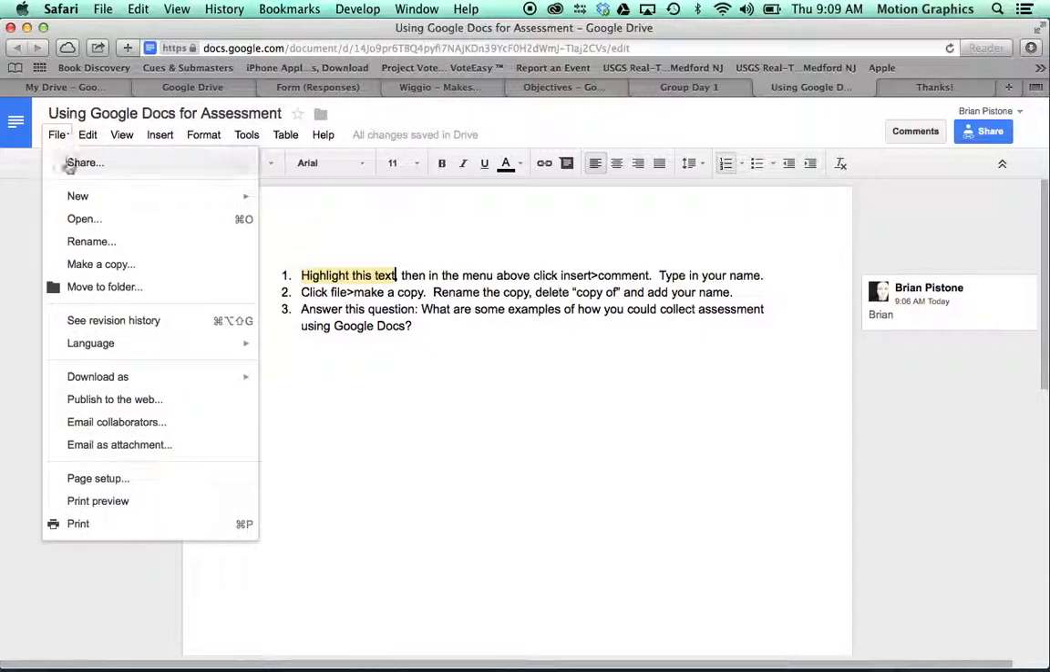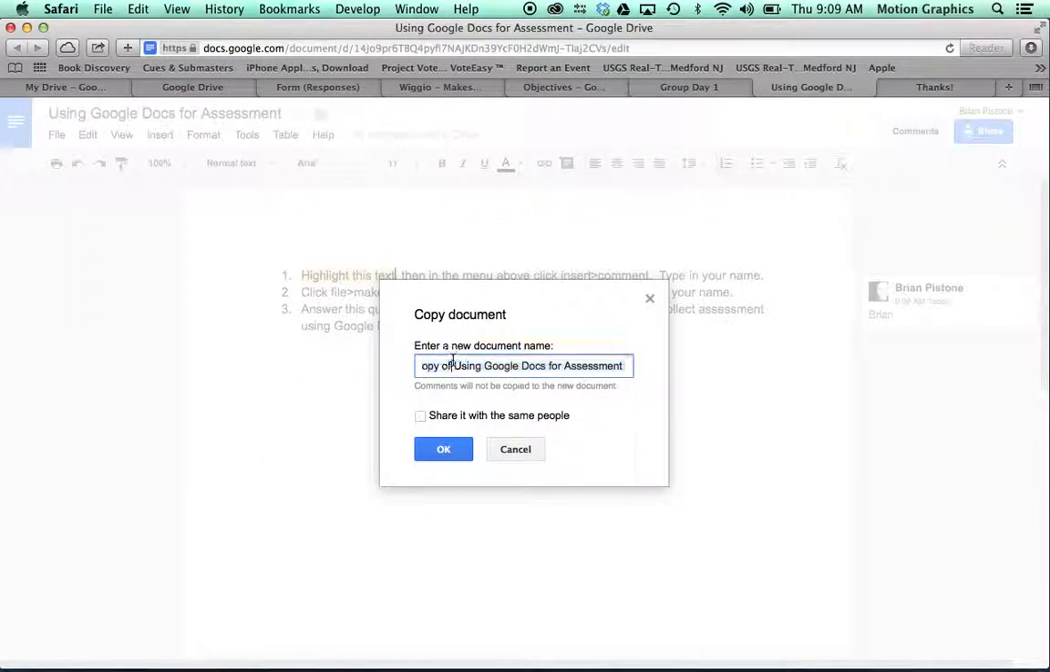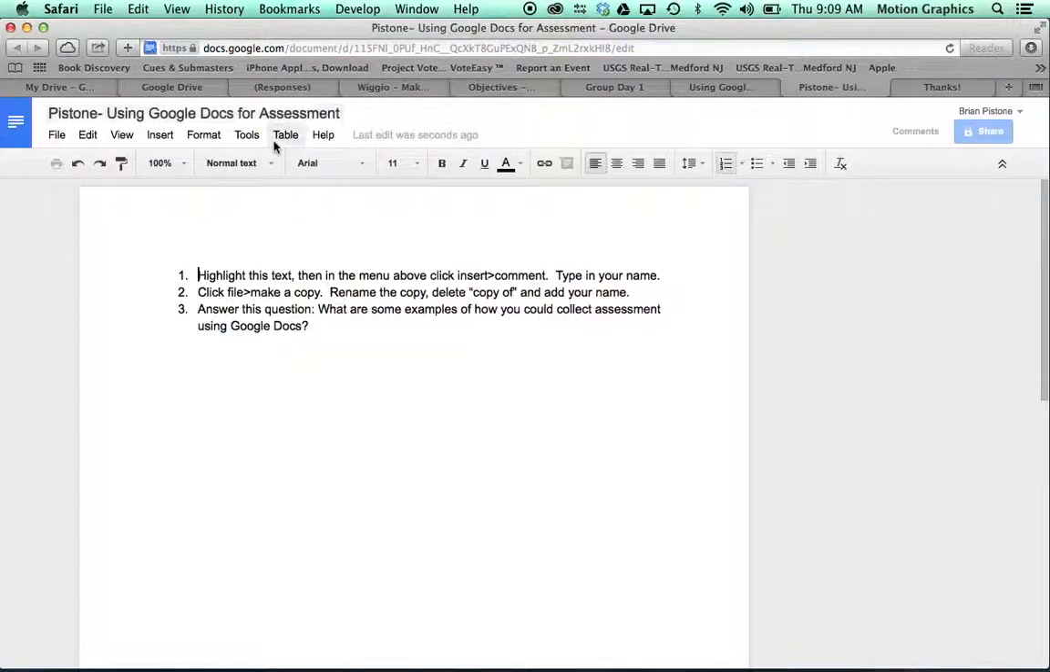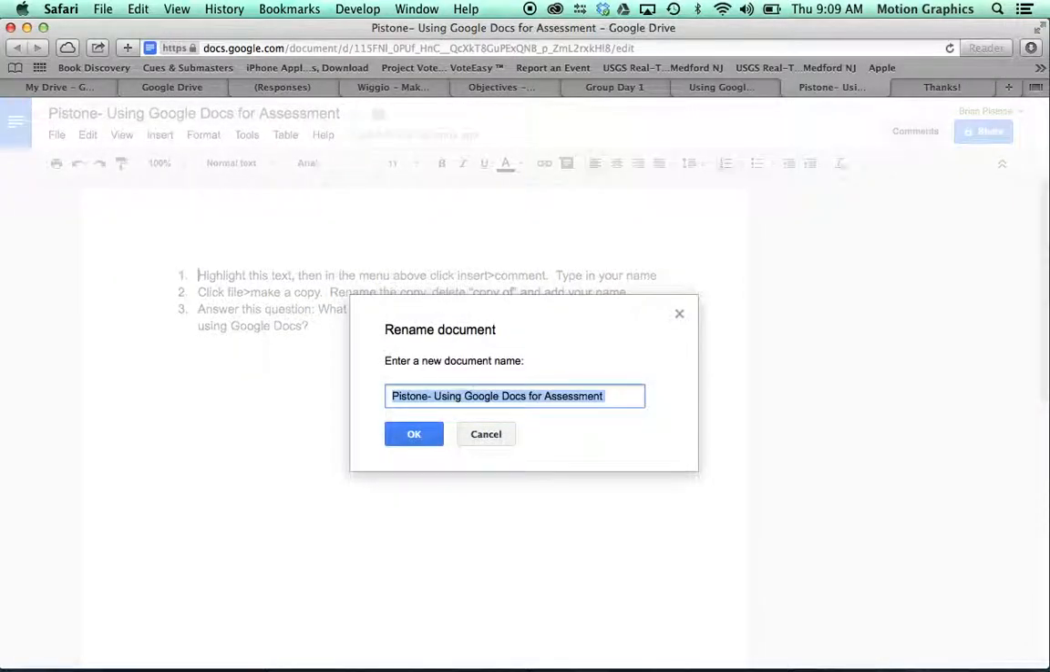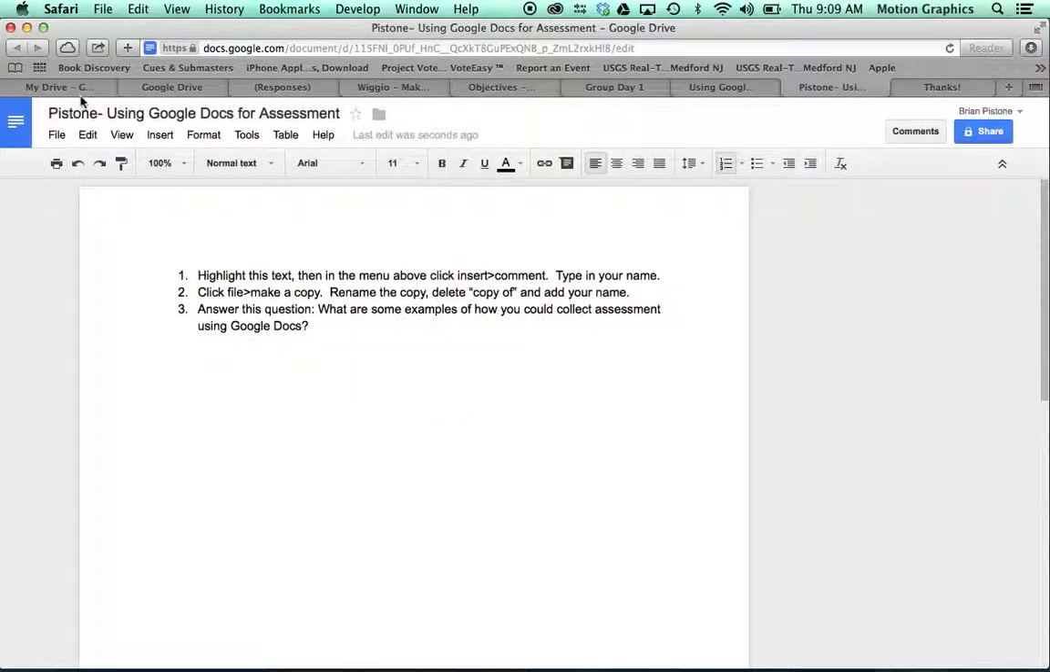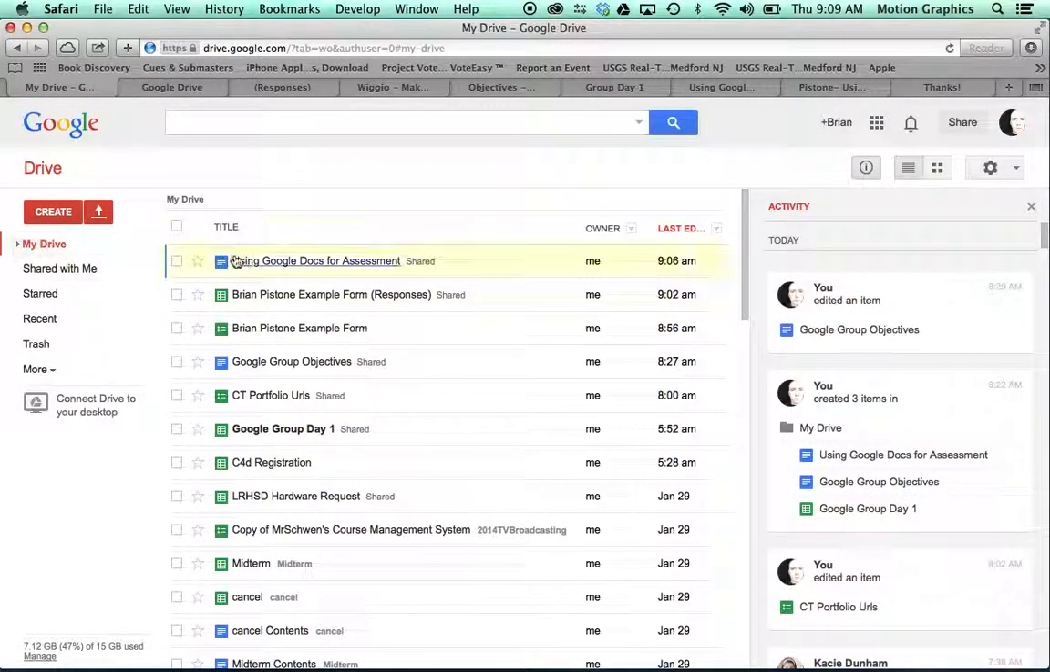So if I say File, make a copy, I'm going to get rid of Copy Of, and I'm going to rename it Pistone using Google Docs for assessments. I'm going to say OK. So it creates a brand new tab that opens up with this new document that is now renamed. So here is our document that's renamed. If you need to rename a document, you can click on it and change the name right up at the top there. But if you look in the drive, then you're going to see that my drive,